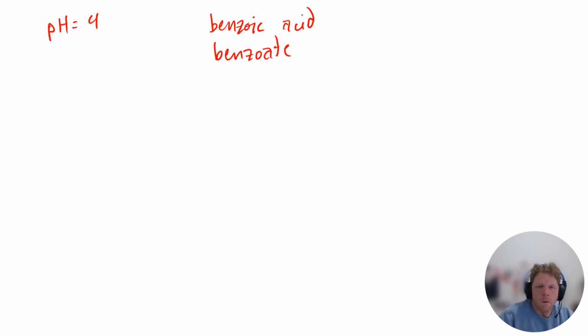This question reads, you are asked to make a buffer with a pH of 4. You have benzoic acid, and you have sodium benzoate. Now, you have to make 100 milliliters of this buffer that has a pH of 4. Benzoic acid has a pKa of 4.20,